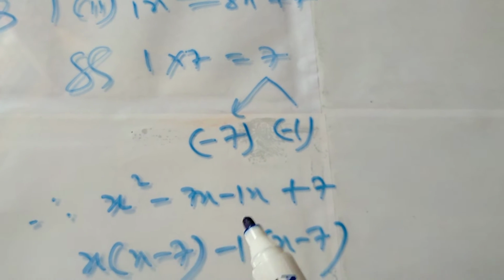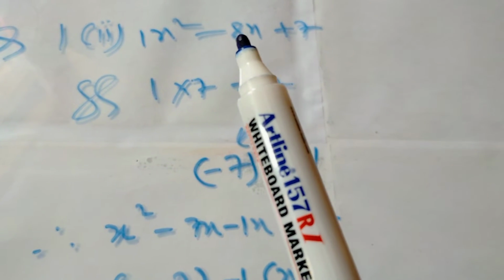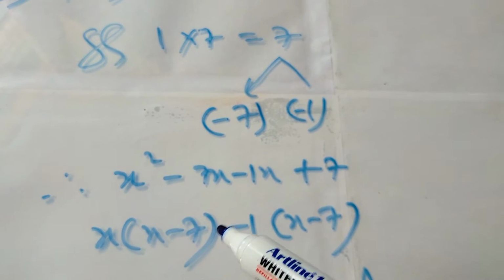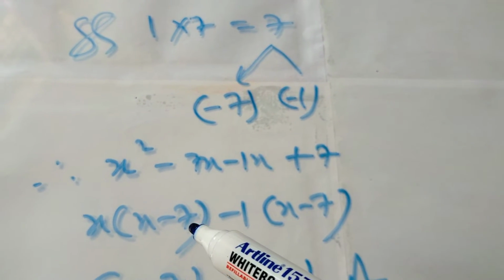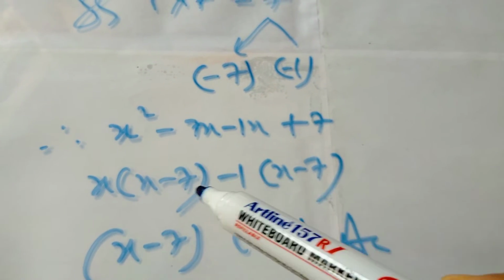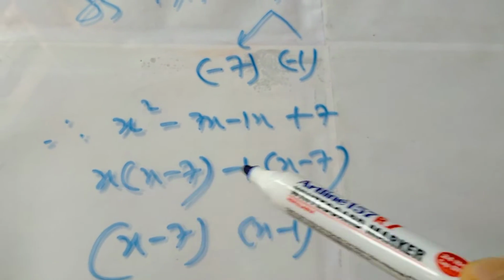So that's why I have written it minus 7x. This 8x minus 8x can be written as minus 7x minus 1x plus 7. Now it has 4 terms. Now take the grouping. X is common, minus 1 is common here, so x minus 7 has come. Now the type 1 has come. If anything is overall common, take the common outside, so x minus 1. So finally this is the result.